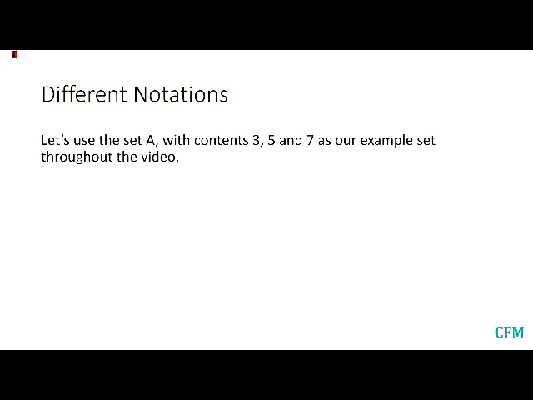So there's a couple of different notations associated with sets, the common being roster notation, also known as tabular form, and set builder form. Those are the ones we're going to be dealing with today, and we'll use the example set A is equal to 3, 5 and 7 as our set for this slide. So in roster notation it's very clear. You've got A is equal to open bracket 3, 5 and 7 close bracket. That's the common form we're going to be using throughout the video, and the reason for that is because it's